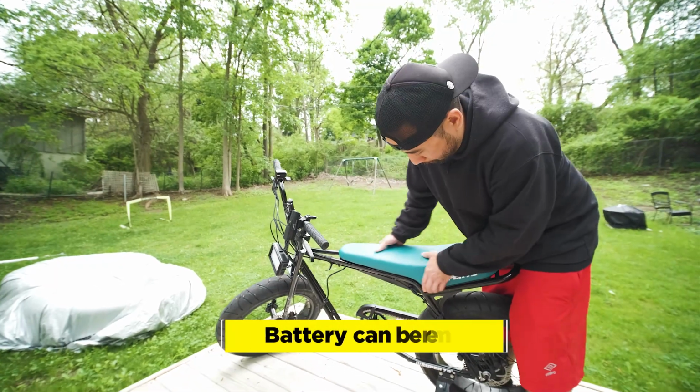I'm not using an electric bike, so range is not an issue for me. Now, here's what I don't like, and this may or may not be a deal breaker for most people. The seat and the battery combo is not removable. And I use air quotes here because technically it is removable with only a few screws holding it to the